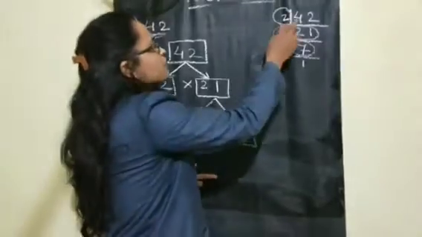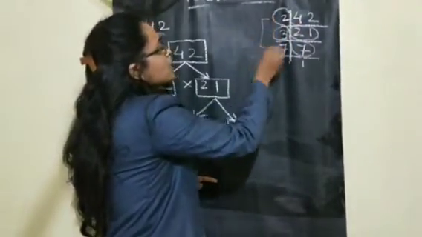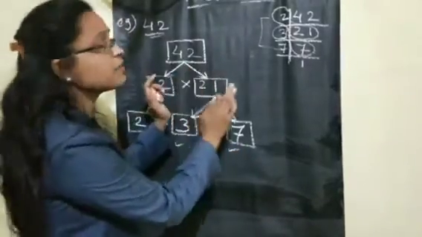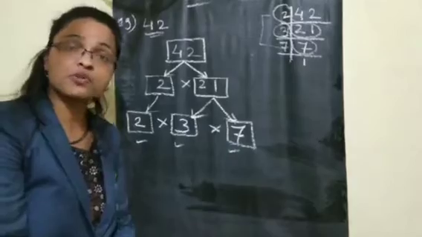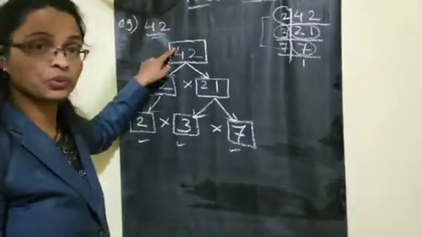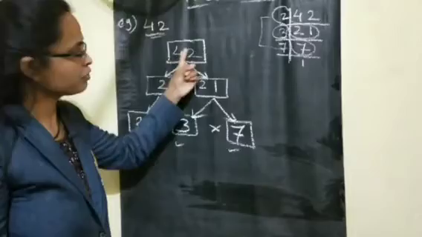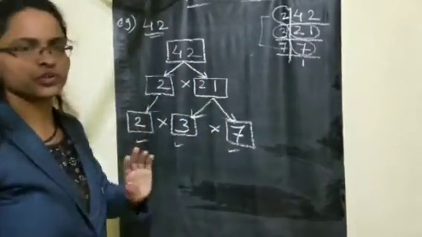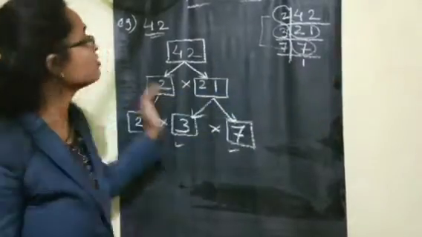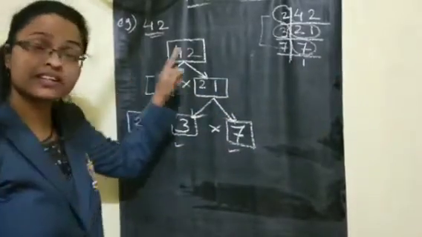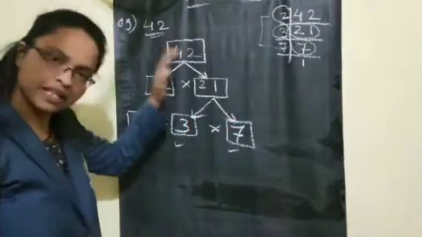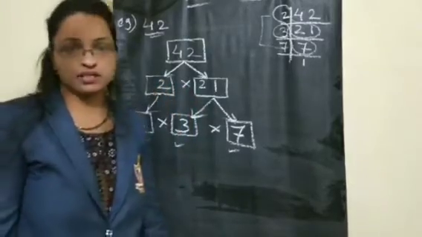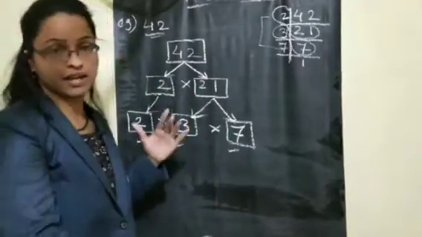So which are the factors for 42, children, at the last? 2, 3, 7. So here we are getting 2, 3, 7. So we are only splitting the bigger number into smaller ones. However you multiply, you should get 42 at the last. See here, 21 2s are 42 only. 7 multiplied by 3 multiplied by 2 is also 42. Since prime factorization we are showing in the form of a factor tree, diagrammatically.